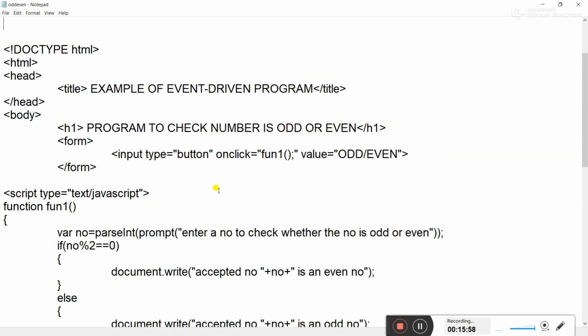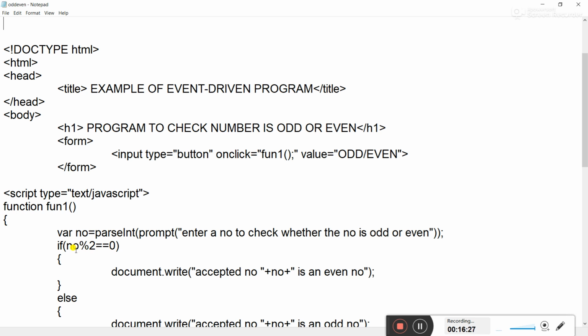Okay, now what will happen, it will display on the screen a form with a button. On clicking that button, it will call a function where it will ask the user to enter some value, and it converts that value into an integer value, and then it will check whether the entered value divided by 2 returns the remainder as 0 or other than 0.